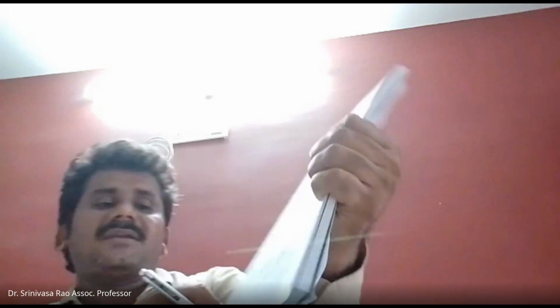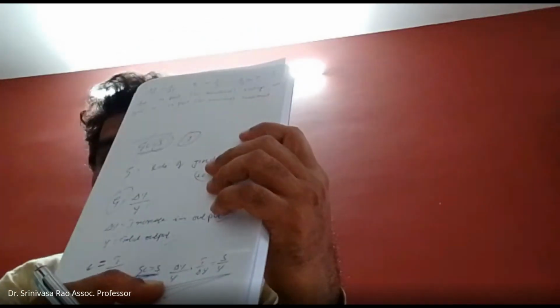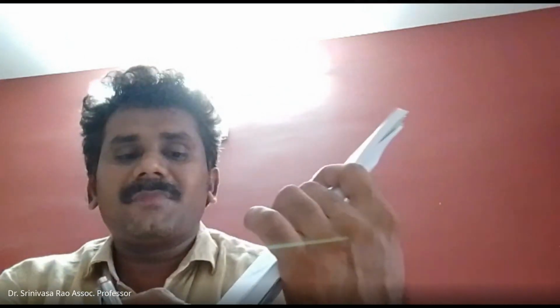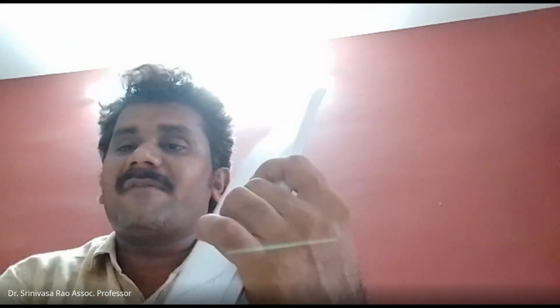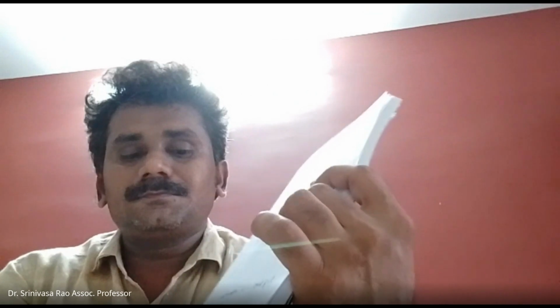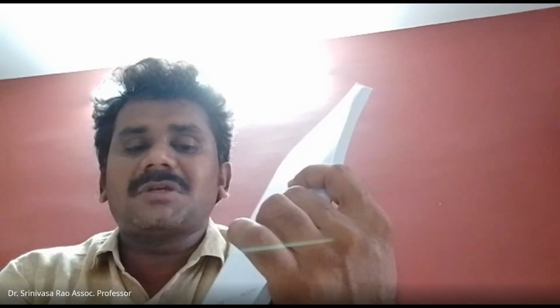GC is equal to S. S we have already written here last: S is equal to S by Y. Now S by Y, I underline here. GC is equal to S. Delta Y by Y into I by delta Y is equal to S by Y. We rearrange this equation. Delta Y by Y into I by delta Y is equal to S by Y. We can write it, in other words, as R